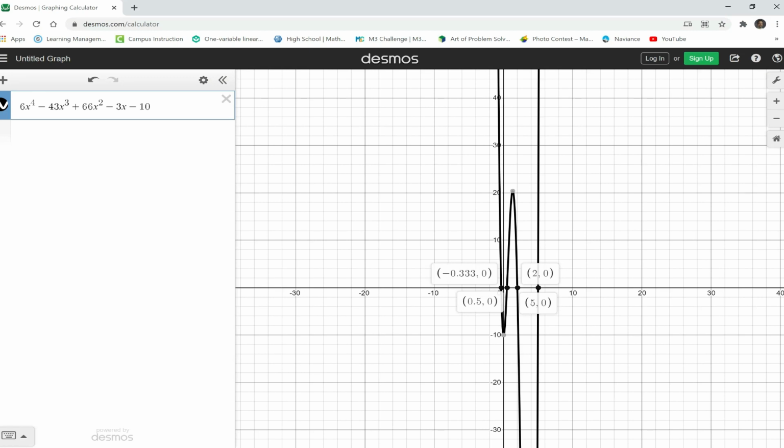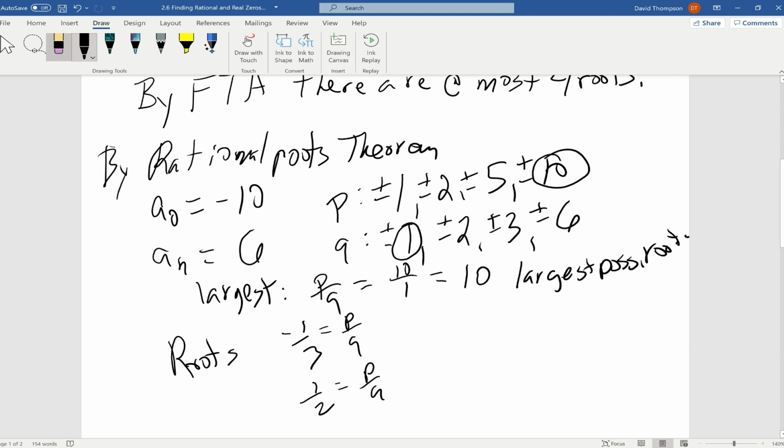We also have 2 and 0 and 5 and 0. So we have 2, which can be written as 2 over 1, which is in the form of P over Q. So we can pick the 2 from the P list, the 1 from the Q list, and we're done. And then our last one we can write as 5 over 1. We pick the 5 from our P list and the 1 from our Q list, and those are all the zeros, the roots of our polynomial